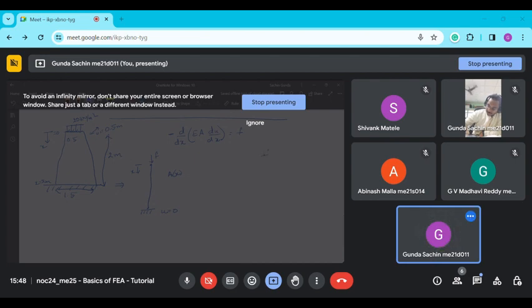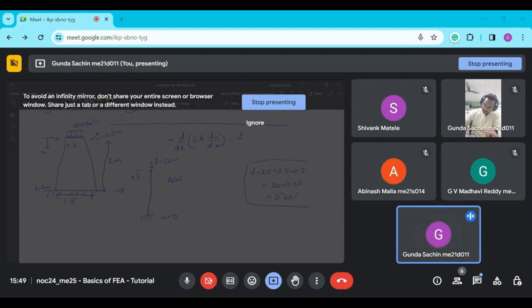It's a distributed load, so the effective force will be 20 times the area of the top column, which is 20 times 0.25, is 5 kilonewton. That is acting on top and bottom. So effectively right now you have the